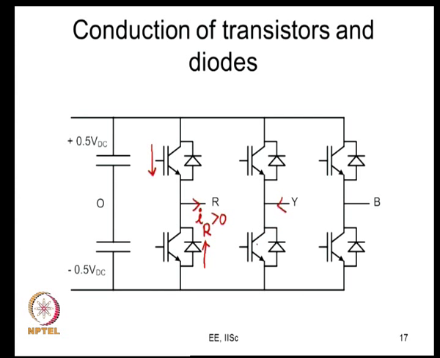So, who is going to conduct now? It is going to be this transistor or this diode. These are the ones that are really going to conduct now. Is it all right? Okay. So, now whether the top transistor and the bottom diode conduct or the bottom transistor and the top diode conduct depends on what? Depends on the current direction, and we designate this direction as positive direction and this direction as negative direction. So, that actually tells us who is conducting, right.